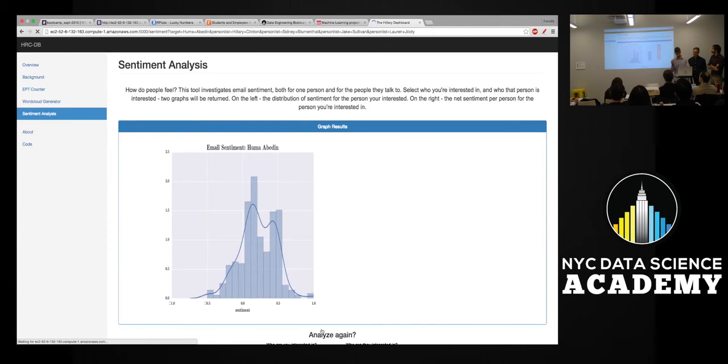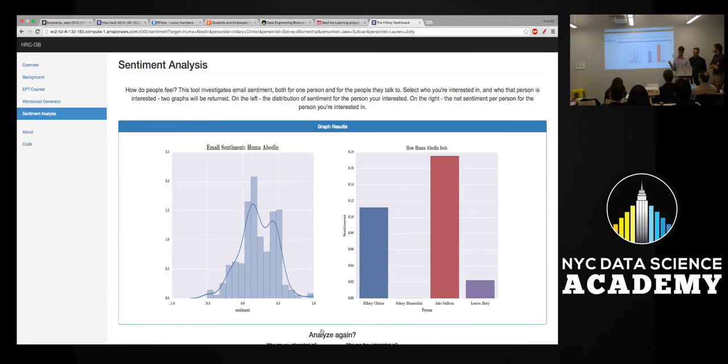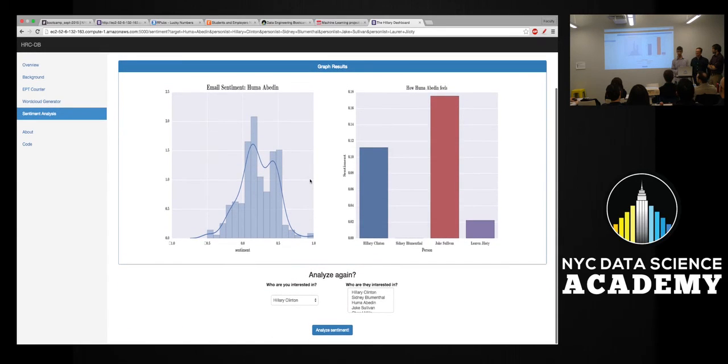So we have the sentiment for Huma, who is not quite as positive as Hillary, but generally still positive. So the blank here means that Huma never sent an email that was to Sidney Blumenthal, which is the way it goes. But Jake Sullivan, who is, I believe, the same rank level as Huma, has a very, very positive sentiment with Huma. Lauren Gelati, the executive assistant, not so much. Hillary, just fine. So we can start playing around with how these people interact with each other in an actual sentiment analysis way.